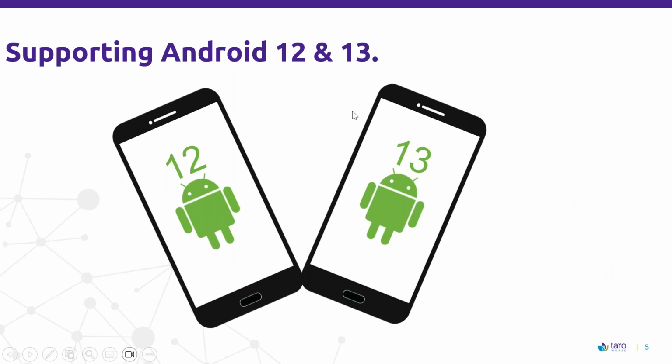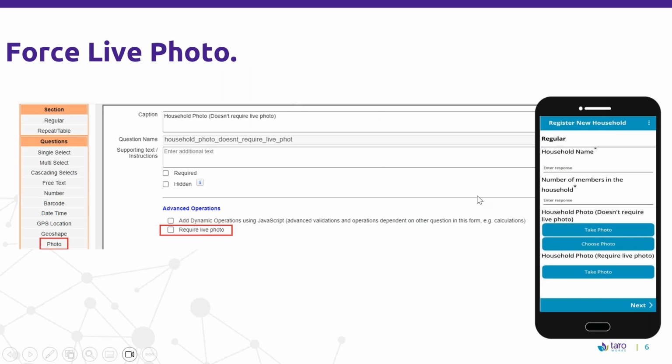Moving on to the next one. As I mentioned, we are now supporting Android 12 and 13, starting TaroWorks 7.4, so that your TaroWorks mobile users can leverage improved features and technology from Android. Now, our first new feature is what we call the require live photo feature. This prevents the reuse of old photos, thus improving data integrity. So I'm going to